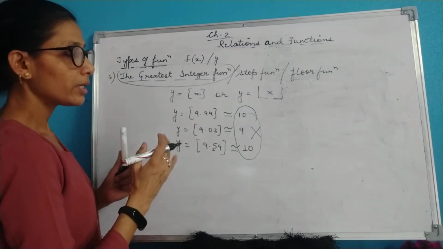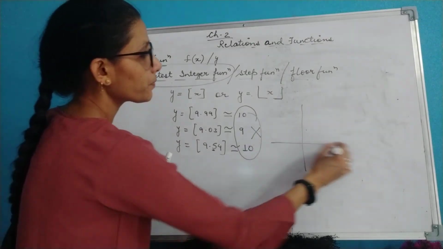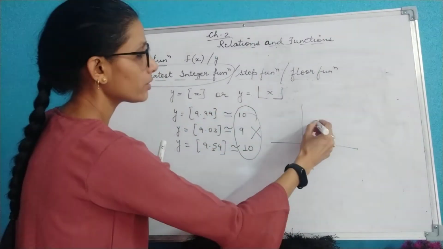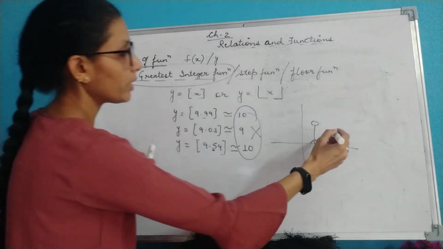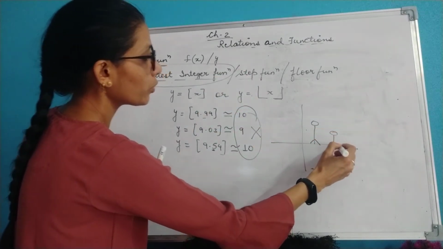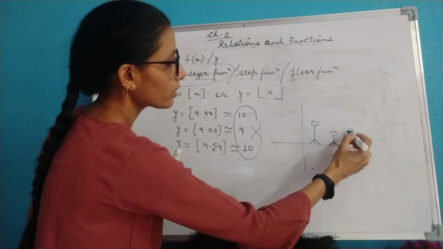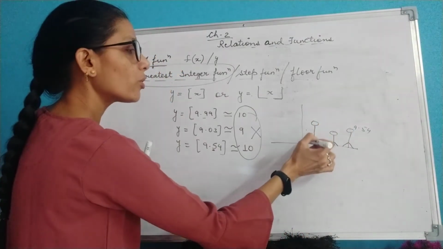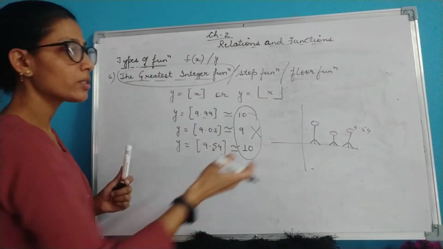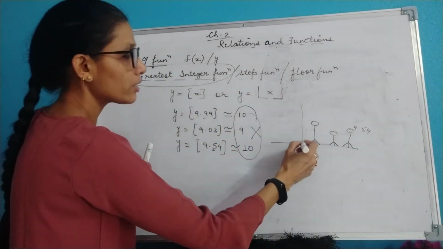Instead, see, if this man has 9.99 height, this man has 9.03 height and this one has 9.54 height, for all of these three persons the floor is the same, it is 9,